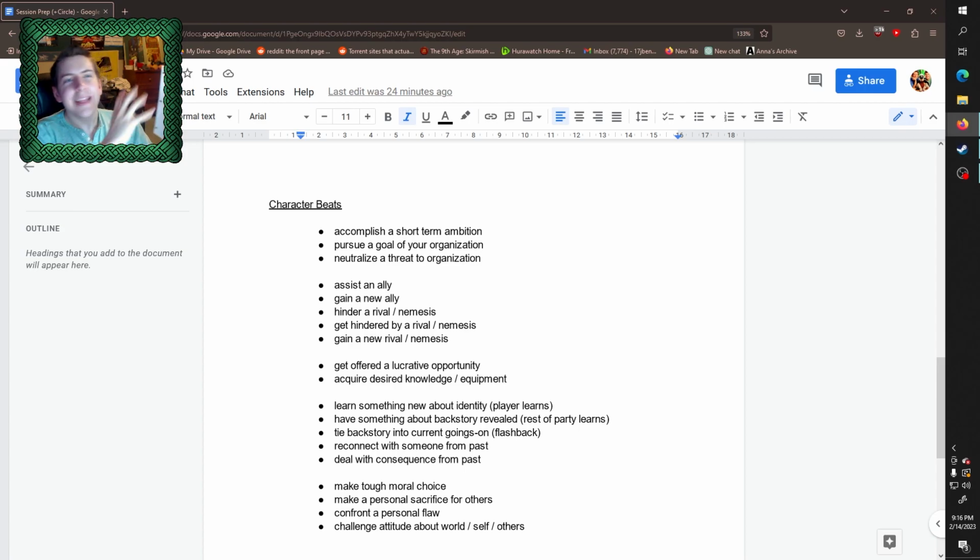But the number one overarching thing, which I probably should have started with, is that the main practical use is for when I am running them through my railroaded, prepped out, outlined session.